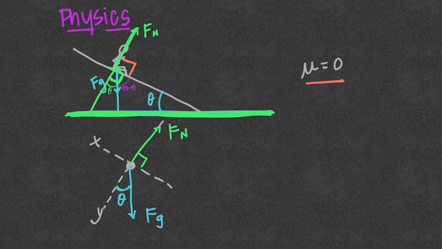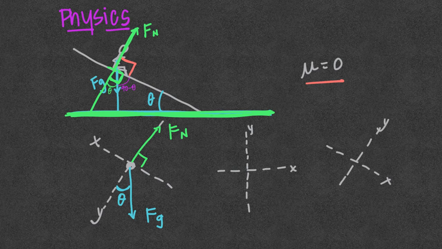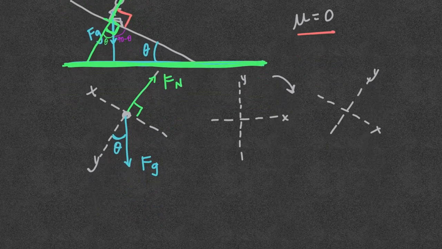So instead of our XY axis being a typical horizontal is X and vertical is Y, we're going to tilt it just a little bit so that X lines up with the inclined plane. We want the X to line up with the inclined plane and Y to be perpendicular to the inclined plane. So we've just rotated our axis just a little bit so that the x-axis is on the inclined plane. So now we can sum these forces,